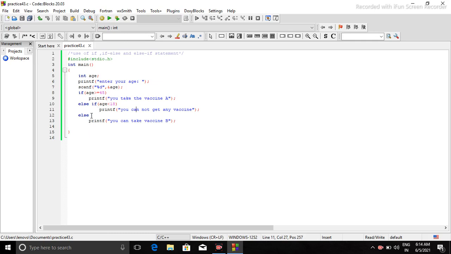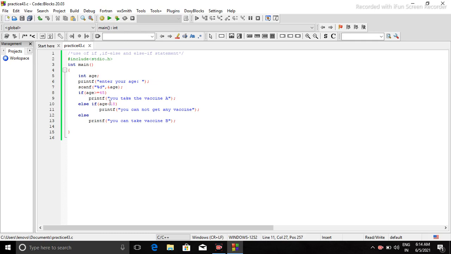In else we do not write any condition, because else is like, if nothing is happening, then else will happen. This should be clear to you. So in else we do not write any condition. It will happen if none of the conditions is true. In if and else if, we write the conditions.